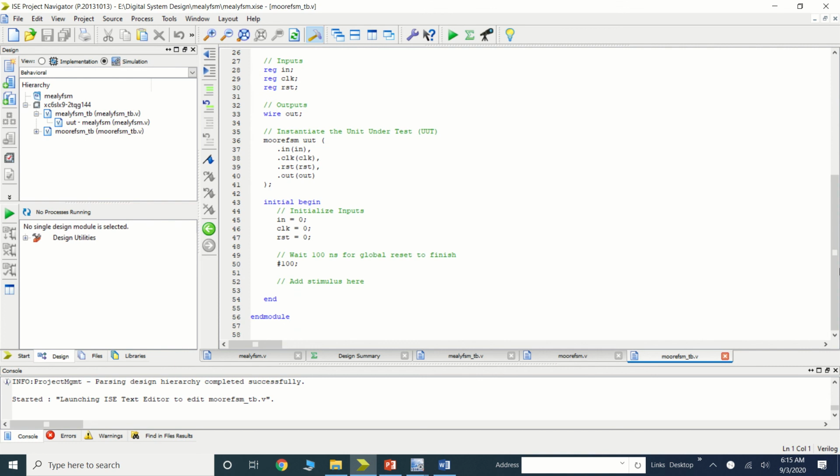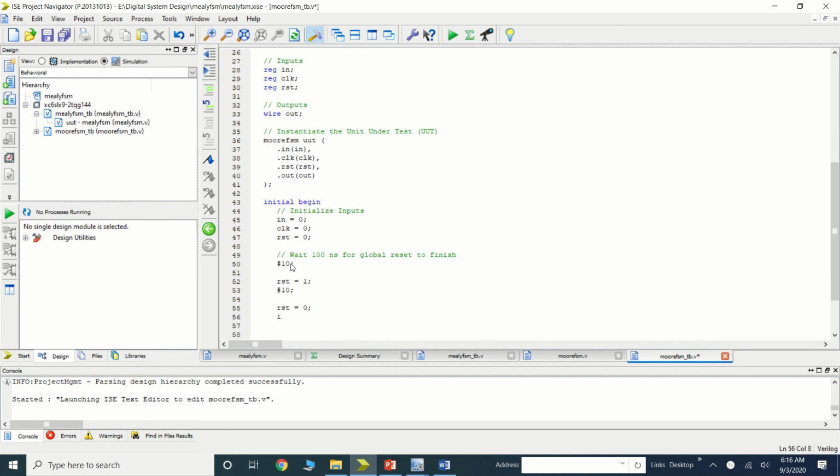Again we have to apply the stimulus as we want to check our targeted sequence. So in this first let me reset my system. So here the reset equal to 1. When the reset equal to 1, we are applying the reset for this, for example 10 seconds, then I am doing the reset equal to 0.